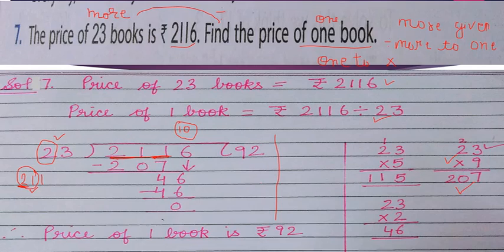Yes, 207, we can subtract, so we will do minus. 1 minus 7 is not possible, so 1 minus 0 is possible, so the remainder is 4. Now 6 we will carry down. Now look, here there are 2 digits and in the new dividend also 2 digits. Now you will check 1 digit. You will see in the table of 2, at which number does 4 come? At 2. So see there, here they have multiplied by 2, 46 is coming exactly. So we are getting the answer 92. Okay students, yes.